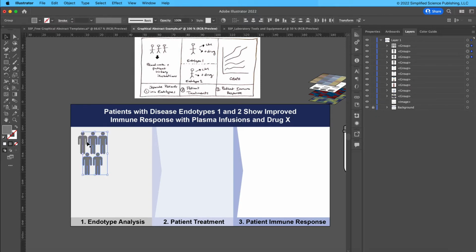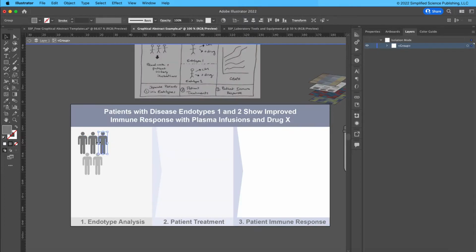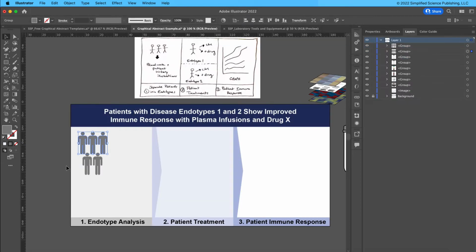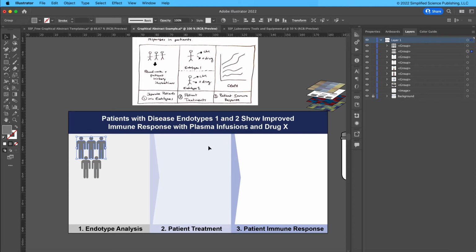And I'm going to use a series of groups. I'm going to group this set of 3 at the top. Make sure that they're evenly spaced between themselves. And then I'm going to align this group with this group so that they're all aligned. And I'm going to try to put a few other elements to show these patients are analyzed and first segmented